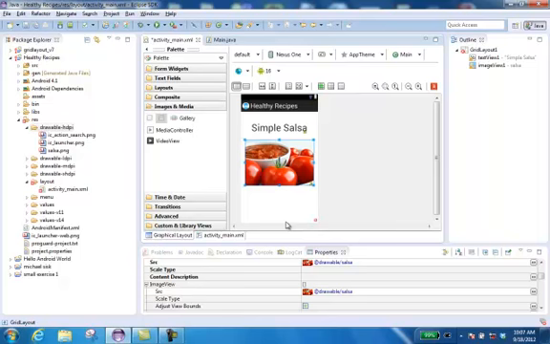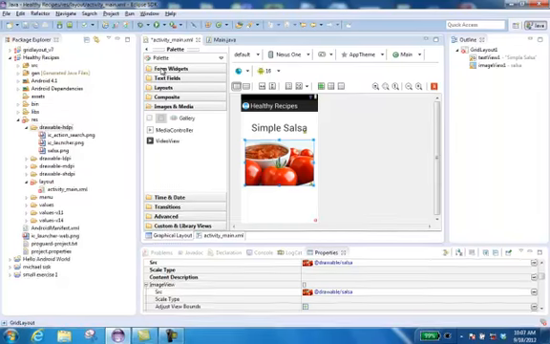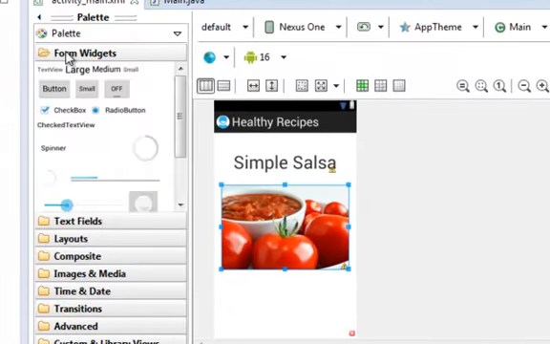Third thing we'll do in this first screen will be to add a button. Now again, the purpose of a button in Java is so that when you click it, there's an action to it, and we'll tell the computer what to do later on in another video when we click that particular button. Right now we're just going to add it in there. The button is up there in Form Widgets, so click Form Widgets, the very first folder to your left at the top of the palette. There's actually something here called a button,